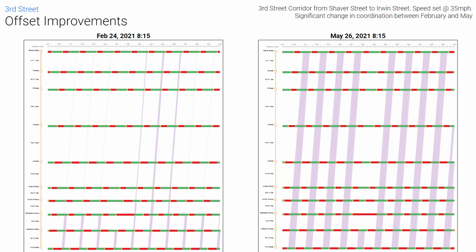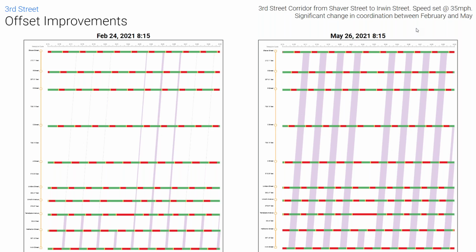I'm not sure of the exact date when that happened, but it was sometime between February and May. And you can see there's been great improvement in this graph on the right, May 26th, same time. Now we can see good coordination here. We have those time space bands going bottom to top again, pretty consistent width, happening basically every cycle. There is one cycle that gets dropped, here at the bottom. That's actually when a train comes in, so that does occur. Nothing you can really do about that, but generally really consistent coordination.